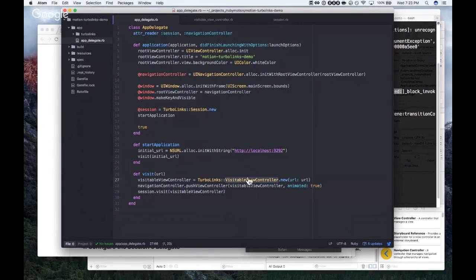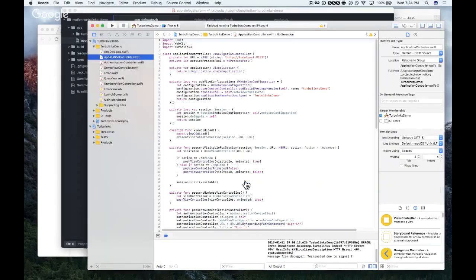So now is when we need a real view controller. We didn't subclass a UI view controller or implement the necessary methods.